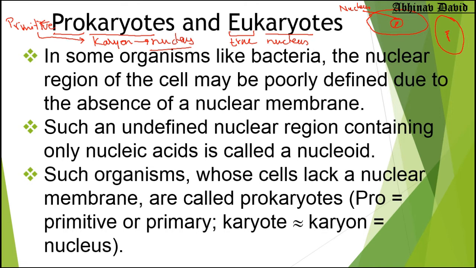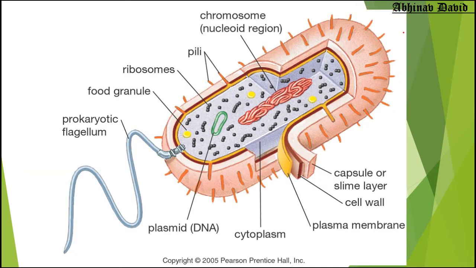So in prokaryotes, there is a nuclear region. Nuclear region basically means center. So a central region is there in the prokaryotic cell, and this central region has a chromosome present. This is a chromosome. But it is not surrounded by any membrane. As you can see here, it is not surrounded by any membrane. If you see the diagram, you can see this chromosome is there, but can you see any membrane around it? No, you cannot see any membrane around it.